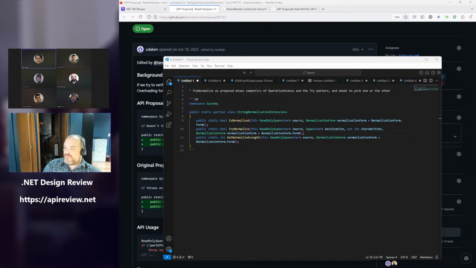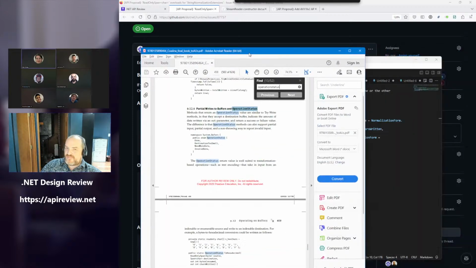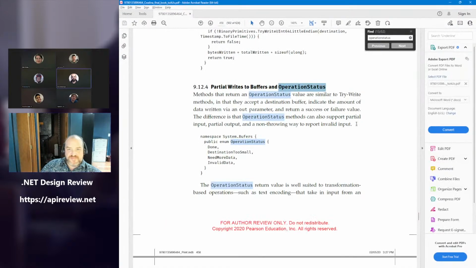Yeah, I think that operation status is probably a bad name for the enum, but the intent of it is to support recovery of complex chunking and streaming APIs like transcoding for the system text encoding. I understand we invented it for this scenario, but why are we restricting it for this scenario only? Why can we not use it in a general way, so that it just returns operation status? You can use it in any scenario you want. It doesn't have to be a streaming one. Again, it's because there's nothing useful you can do with the extra information at that point other than just fail.